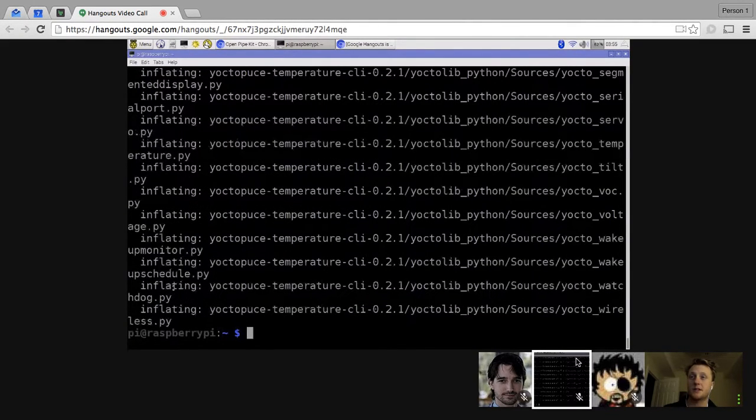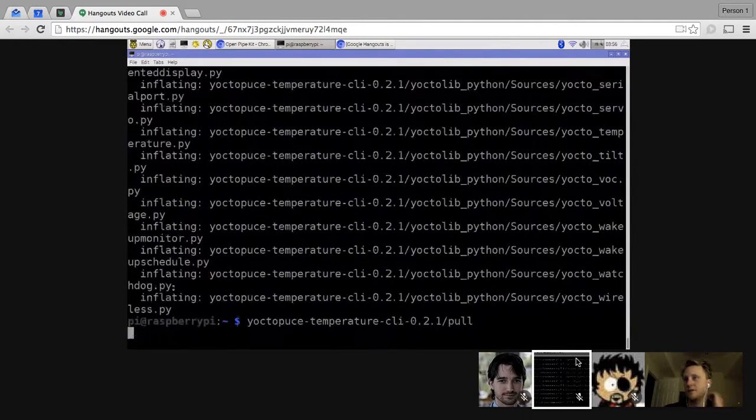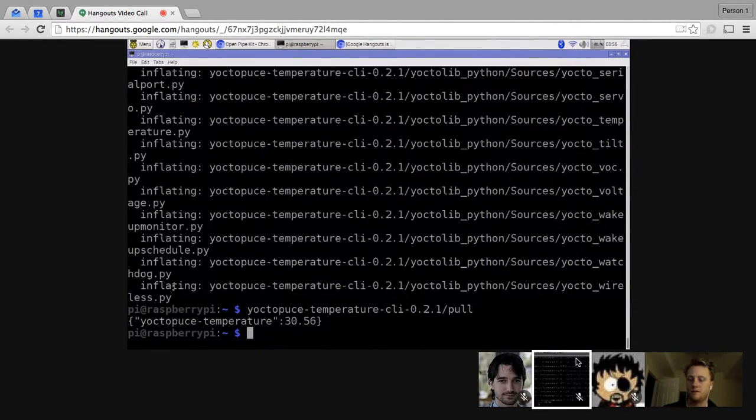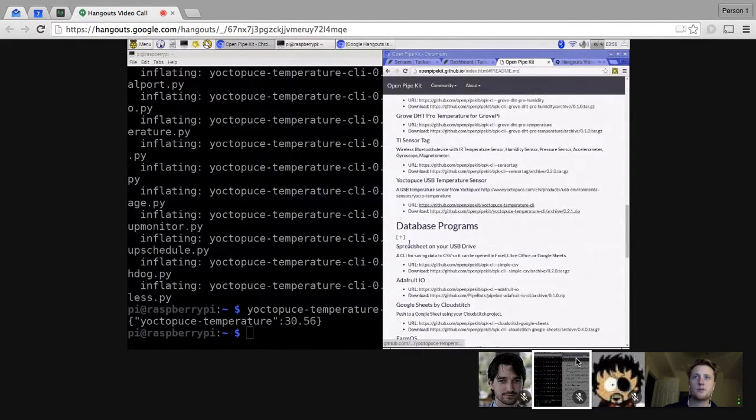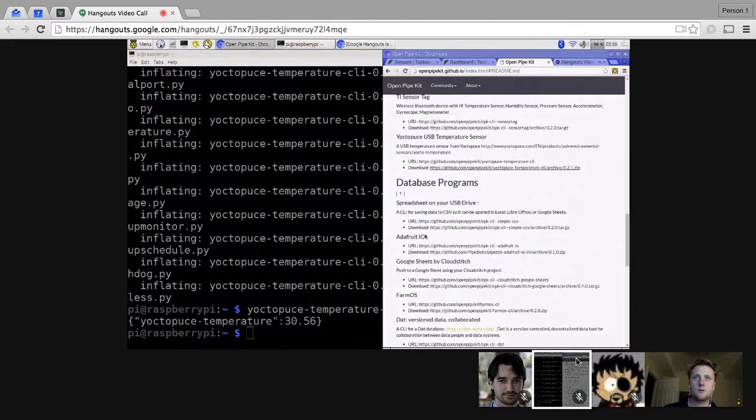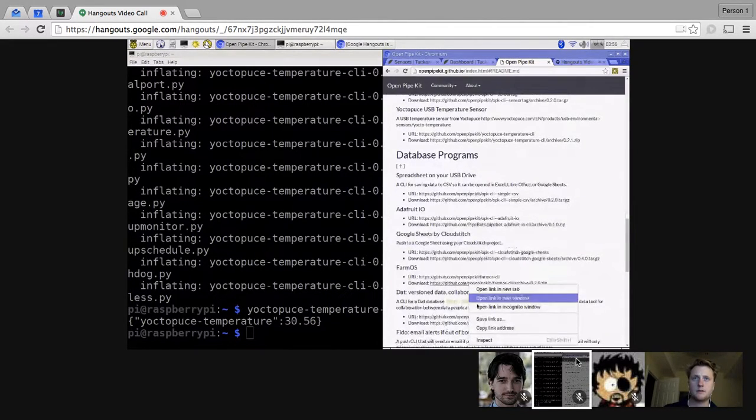I'm going to test it out real quick, make sure it works. I have my Yoctopuce already plugged in via USB. So if I go pull, it's reading 30 degrees. Great. And now I want to pipe that to farmOS. So I go back to the website and look for the database program that is farmOS. Download URL. Right click, copy the link address, and we're going to wget it